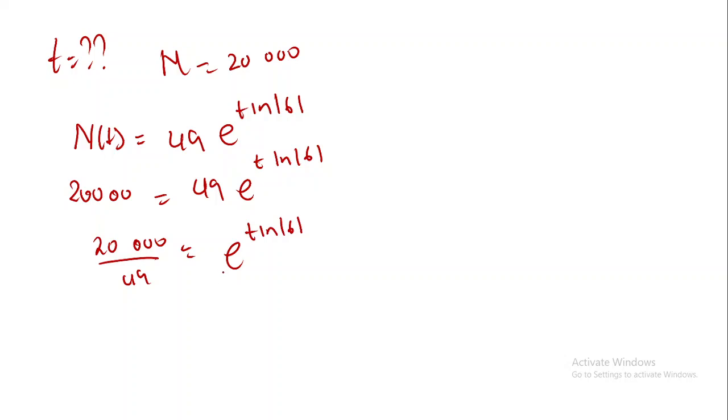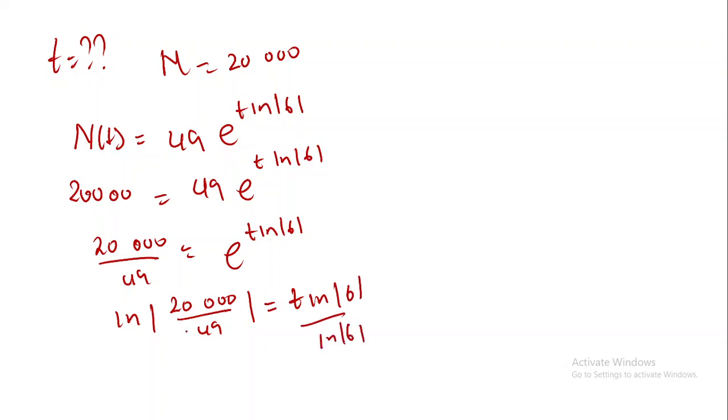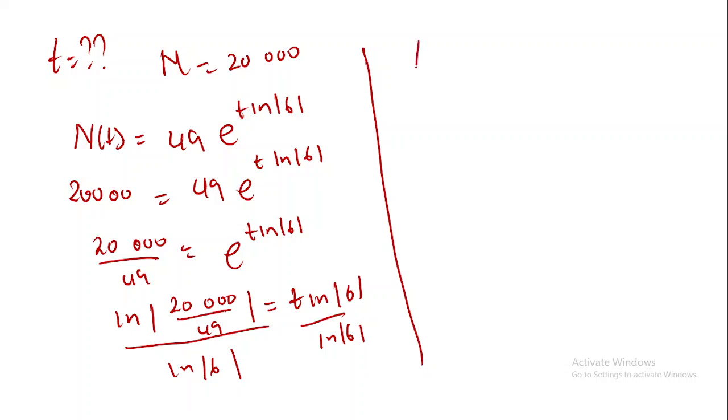Okay, and then let's take ln to get rid of this base here. We're going to have the ln of 20,000 over 49, which is equal to t ln of 6, and then we divide the whole thing by ln of 6. This implies that time will be ln of 20,000 divided by 49 over ln of 6. Your time is going to be 3.3